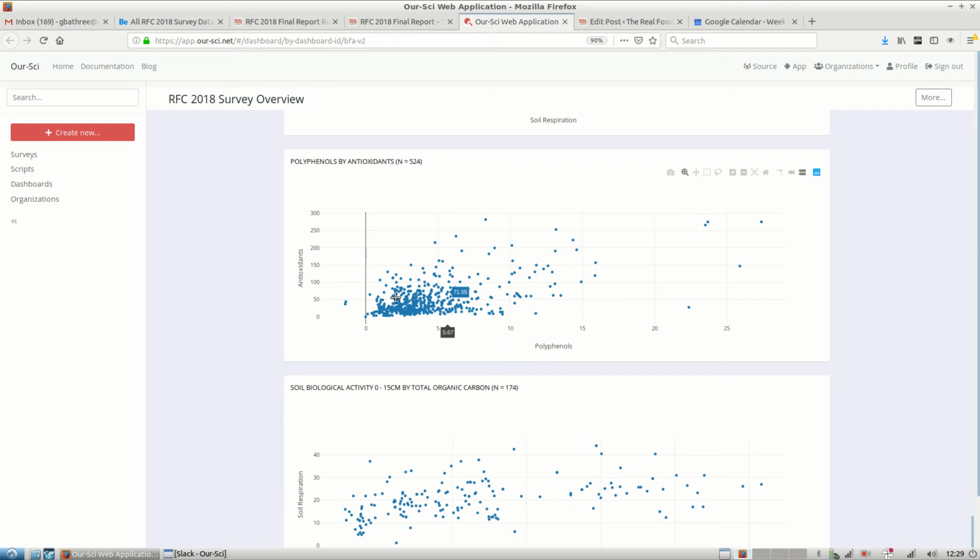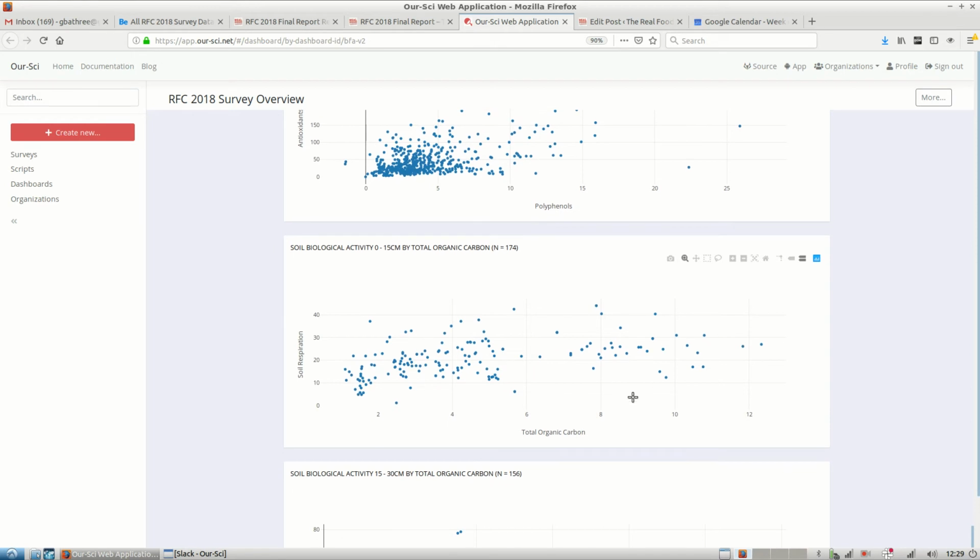This was sort of a sanity check graph to say, we know that antioxidants and polyphenols overlap. A lot of polyphenolic compounds are also antioxidants, so they should relate, which they do, certainly not perfectly, but basically as one goes up, the other goes up. We also see that more soil respiration correlates with more total carbon in the soil. So as this goes up, this roughly goes up,